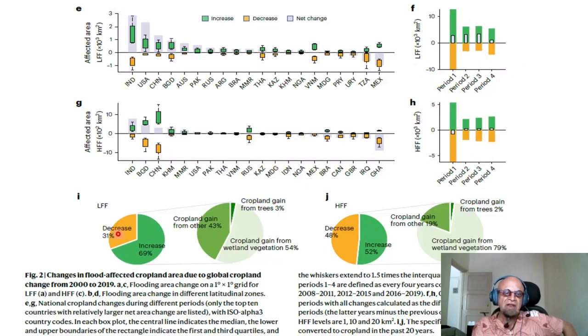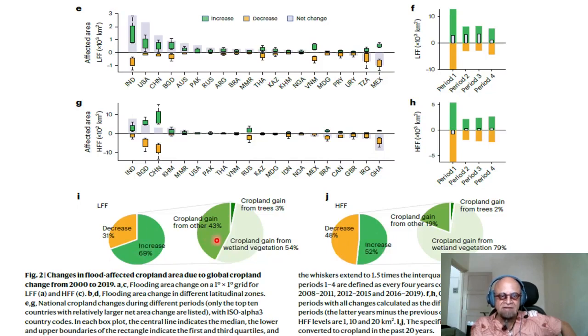If you keep doing this, you will get a lot of figures, which is what has happened in this paper, with a tremendous number of supplementary figures as well. Could they have condensed the results better? Well, the authors and the reviewers decided this is the way to do it, so we have to use it as best as we can. So here are the LFF and HFF global region statistics: 31% decrease, 69% increase. So you are basically increasing your exposure to low frequency floods as well, because the increase and decrease are similar here, whereas there is a much greater increase here.